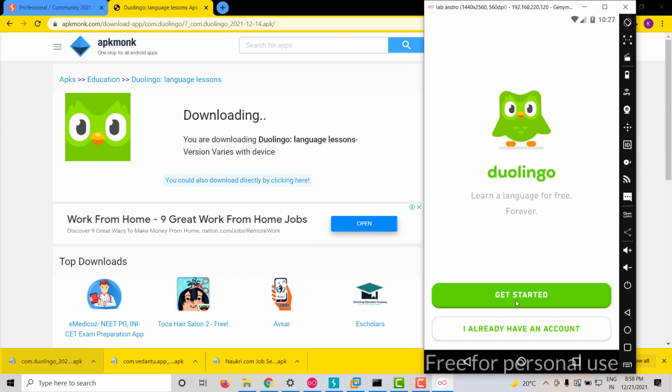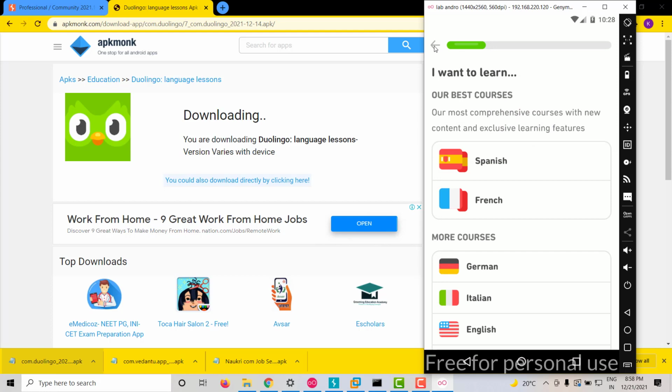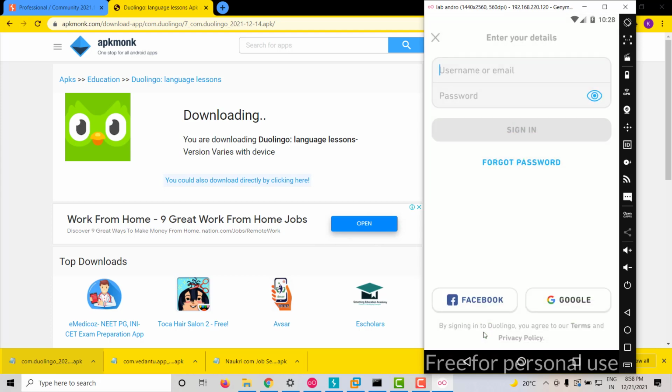Okay. Get started. Okay, let me say I already have an account. Okay, let us think like I am Shaz. Okay, and the password would be something like... We have a trouble connecting to Duolingo right now. You can see it popped up an error, like there is some network issue to connect, because